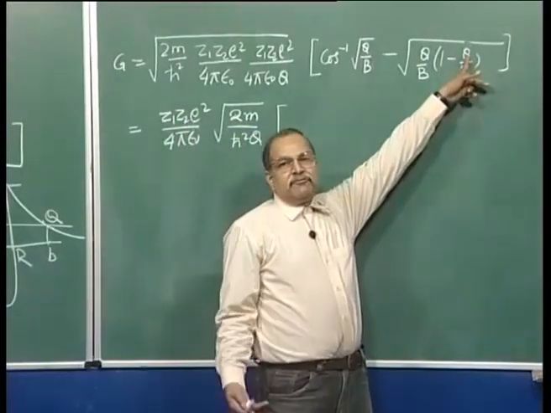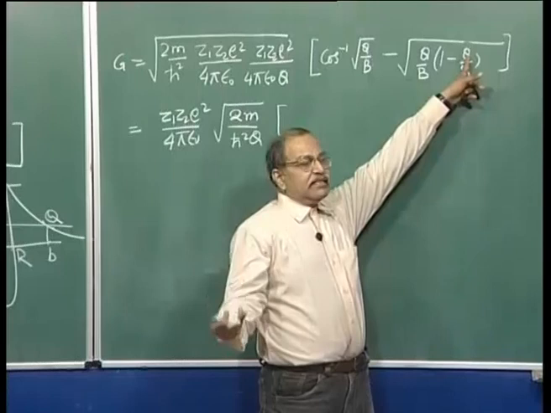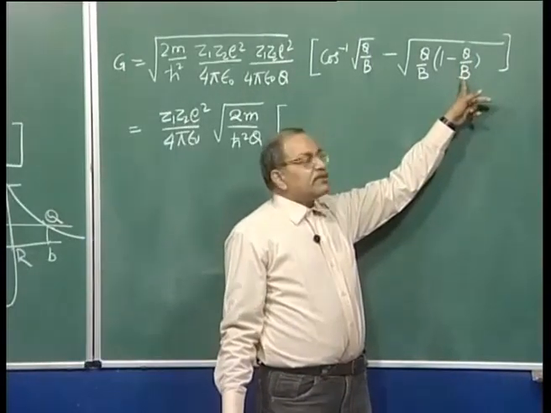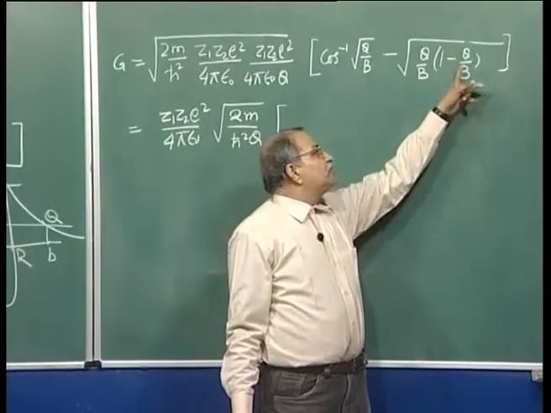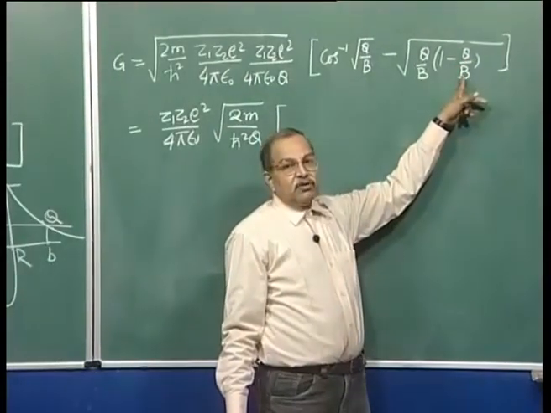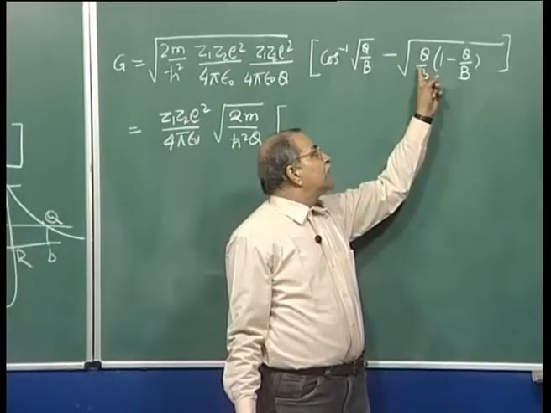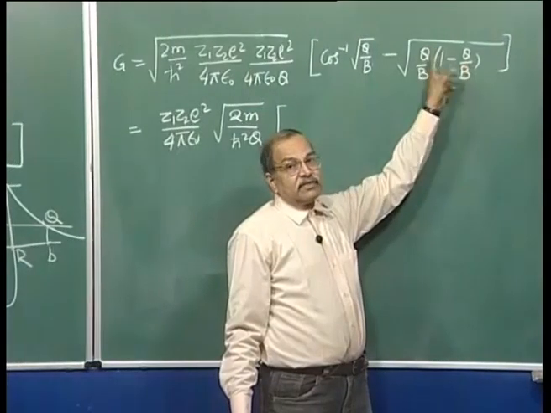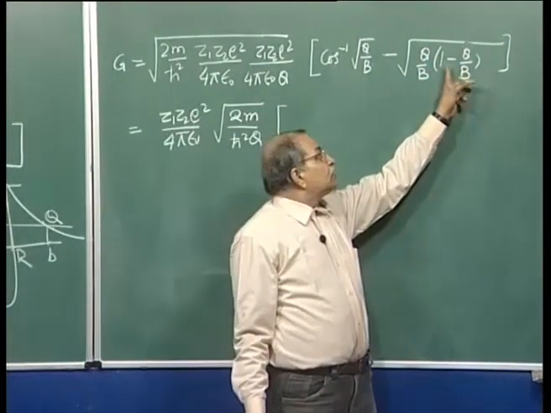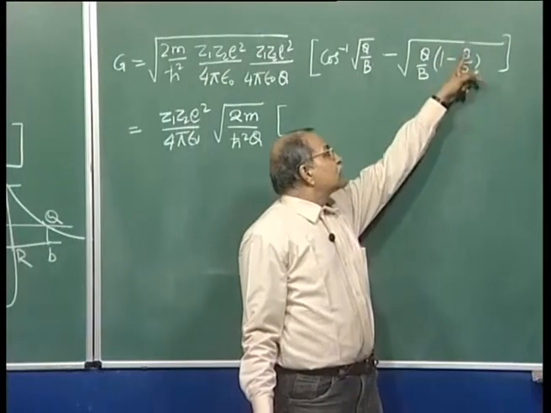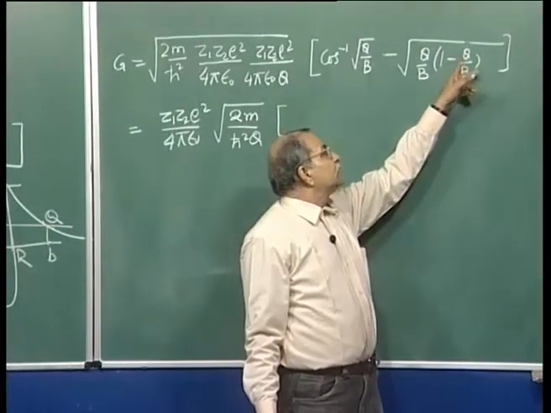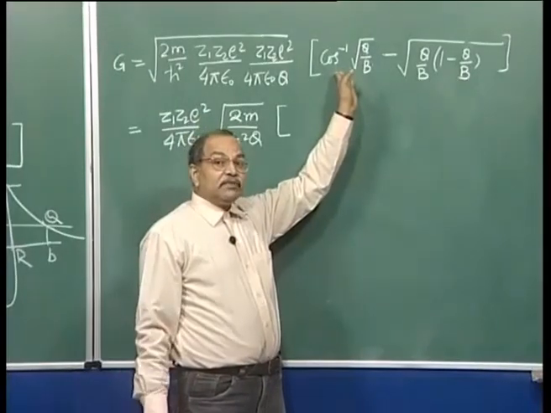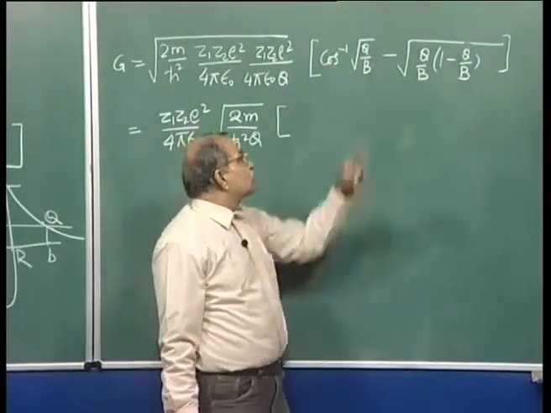is typically 4, 5, 6 MeVs, 8 MeVs, like that. Barrier height is 25 MeV, 30 MeV, like that. So, Q by B will be small, and if you wish, you can neglect this square term here in front of this linear term. So, if you do that, if you neglect that square term, square of this Q by B terms from here also you should neglect that square terms and keep that linear term, and cos inverse